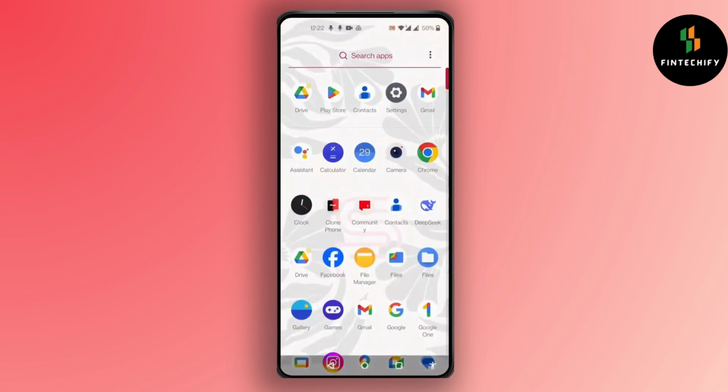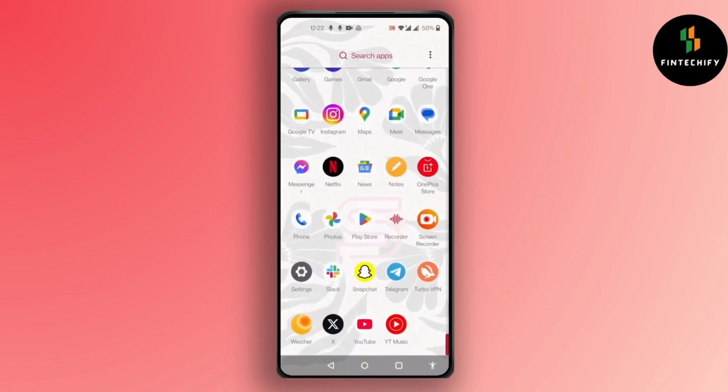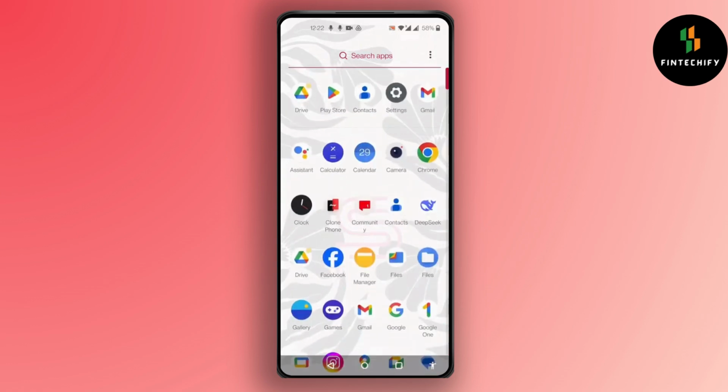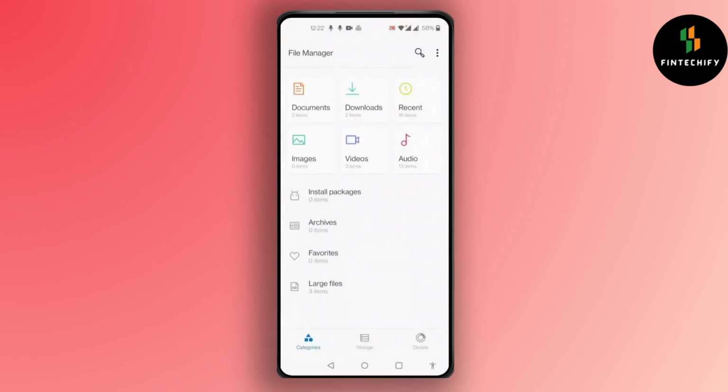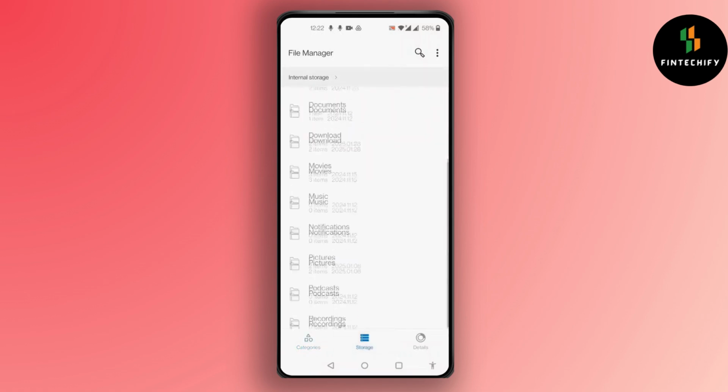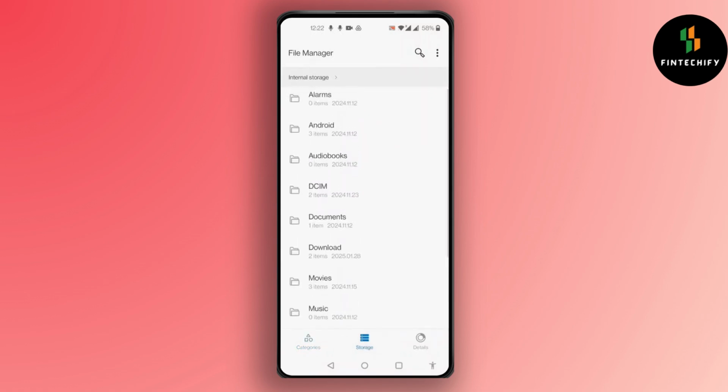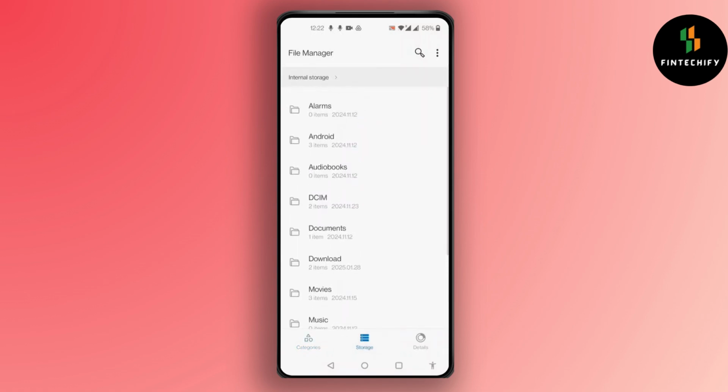You cannot simply recover it from Telegram. Simply, in your device, open Files Manager. You'll find this kind of screen pop up in Files Manager. In here, click on Storage, which is in the bottom beside categories and details. In here you'll find a list of Telegram. Simply click on restore and your